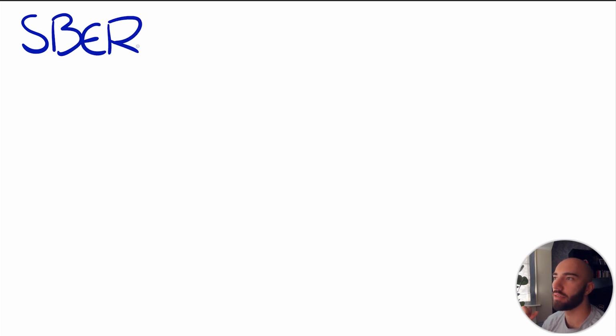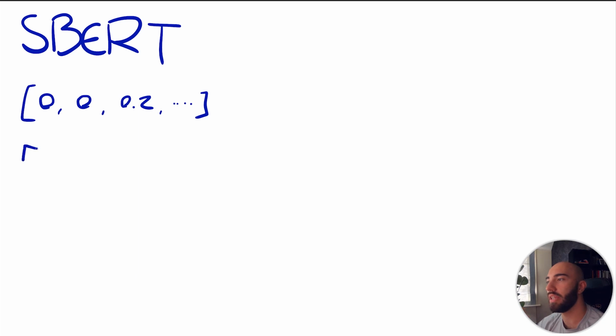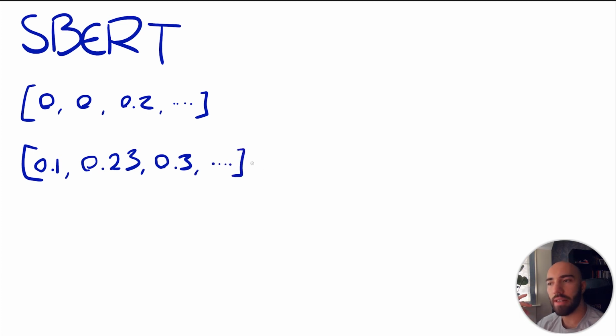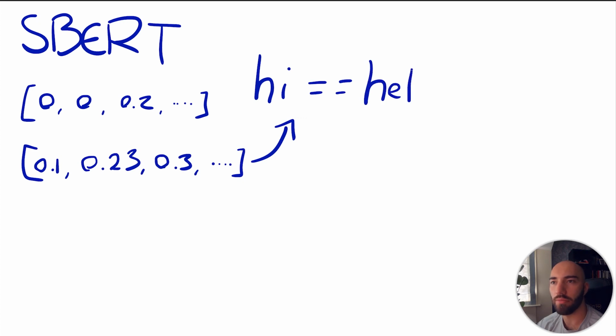Now, our final algorithm is SBERT. So SBERT uses something called dense representations of language. And what that means is rather than having a vector like we saw with TF-IDF, and which is the same for BM25, where it has a lot of zeros and then the odd number here and there, which is called a sparse vector, we have something which has many more values in there. So there's essentially more information crammed into a smaller space. And the effect of this is that you can represent language in a more meaningful manner. So the word, for example, hi, would be in a very similar space to the word hello. And so would words like days of the week, so Monday,